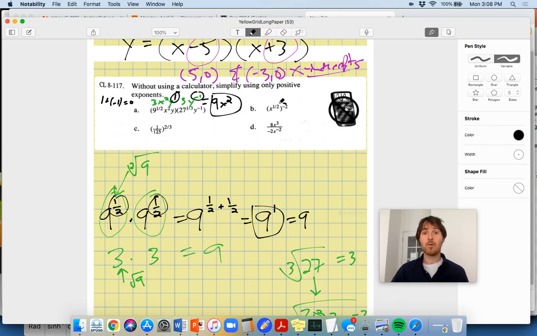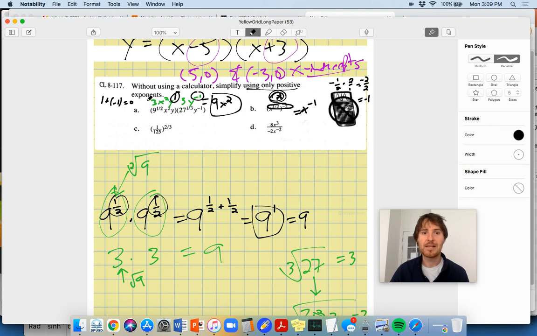Hey, remember, this is the power rule. Power to a power. When you do a power to a power, you multiply powers. That's a shortcut that we talked about first semester. So negative a half, sorry, half times -2. Well, -1/2 times 2/1. That's going to equal -2/2. That would equal -1. So this is going to be equal to x to the -1, but then the